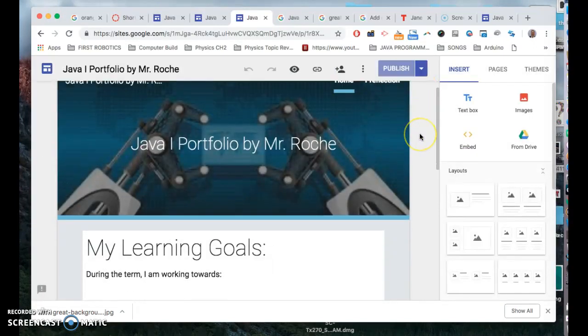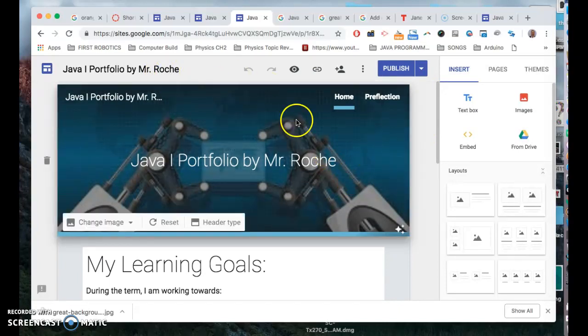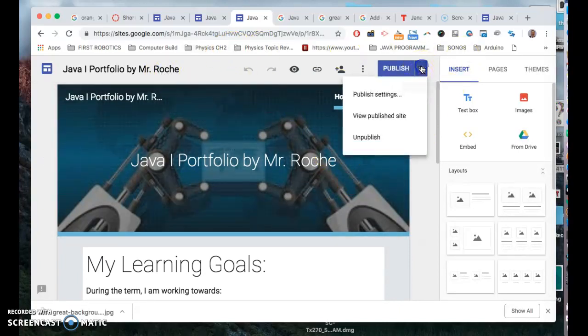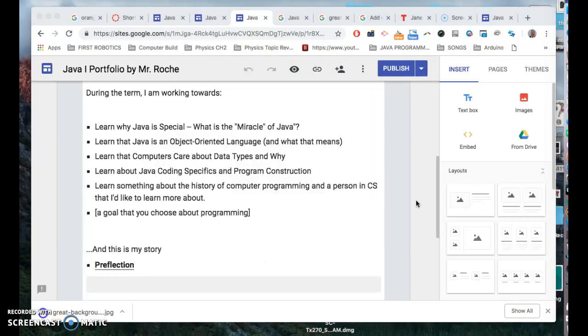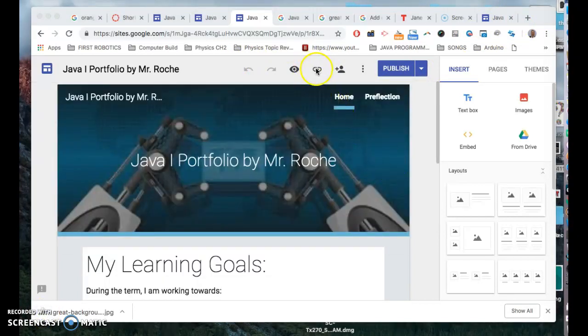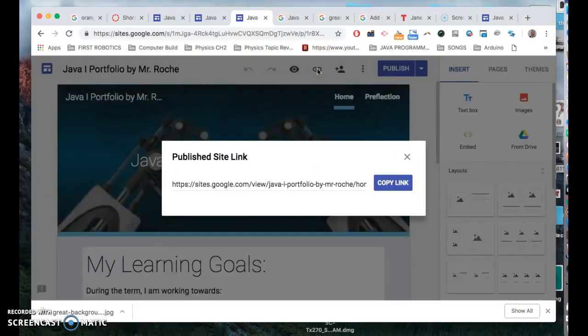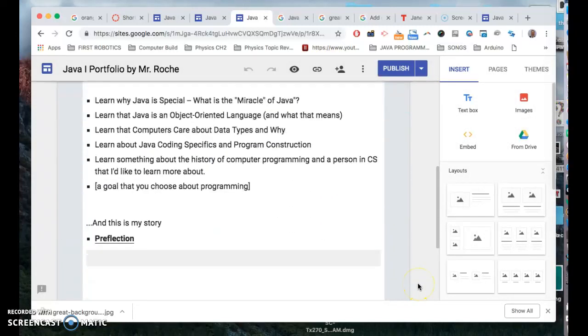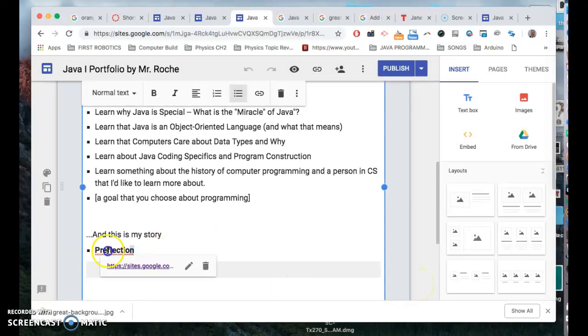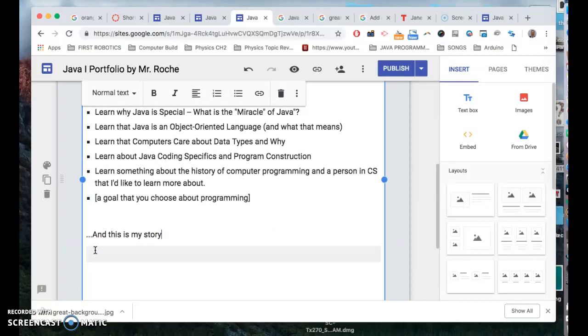What I want to do is basically, I want you to send me this link. Once it's published, there'll be a link that shows up. So you can just copy that link and send it to me. But what I also want to do is have the first page link to everything else. So if I want to make a link here, I'm going to go like I did before and say